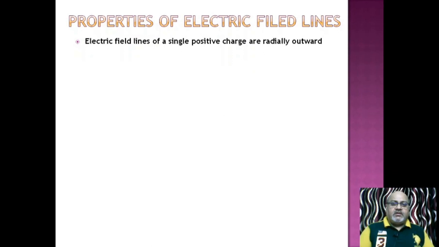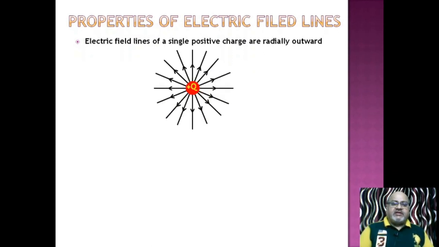See again, plus Q is the positive source charge. See, electric field lines are moving out because the positive test charge is moving away. If I place a positive test charge here where my cursor is, what will happen? The positive test charge moves along a straight line, and this line is the electric field line, the path traced by the positive test charge.